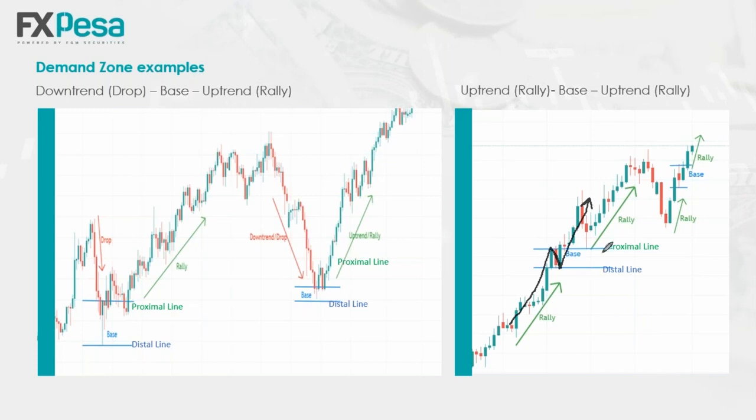So with such a structure, you can place your proximal line based on the highest level of the body of the bearish candlestick, and you'd place your distal line at the tip of the lower wick of the bearish candlestick. So once you've marked that zone,